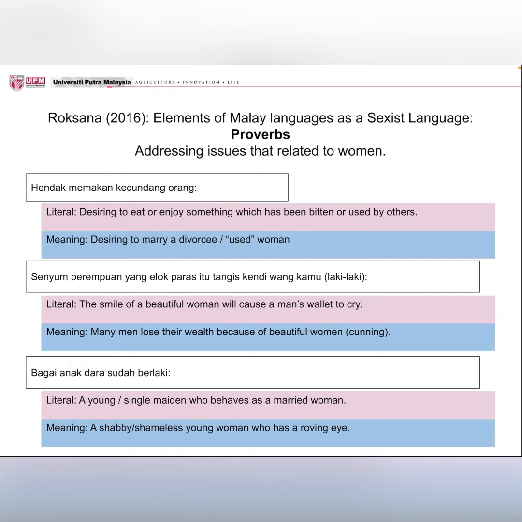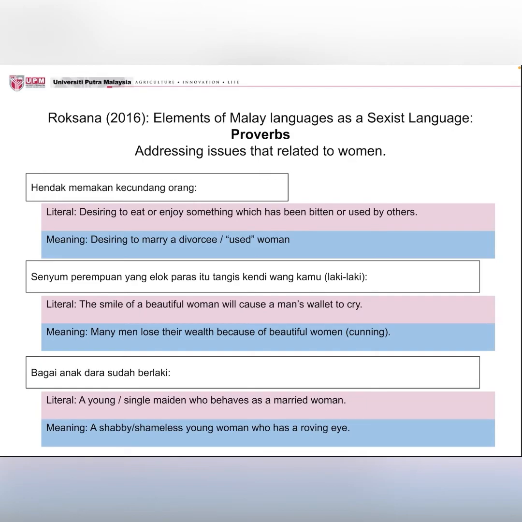The third example of a proverb is bagai anak dara sudah berlaki. Literally, it means a young or single maiden who behaves as a married woman. But to highlight the sexism of the language, it means a shabby or shameless young woman who has a roving